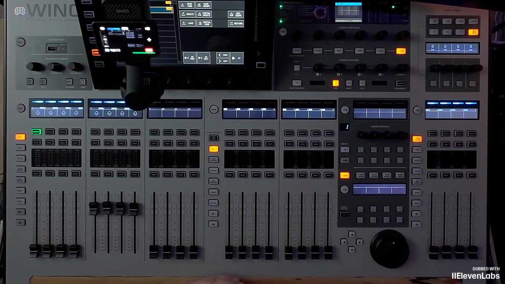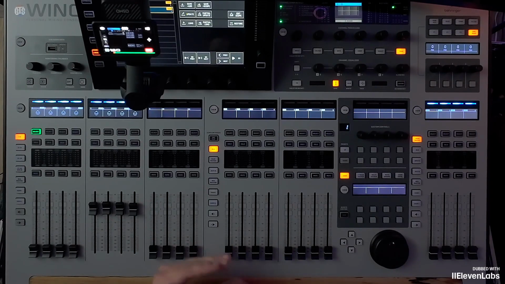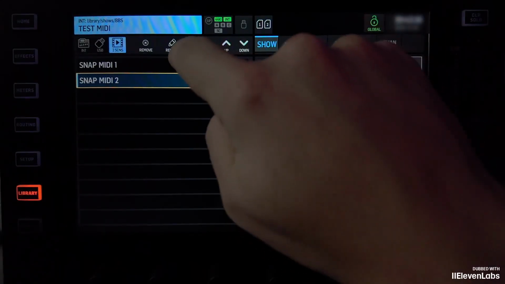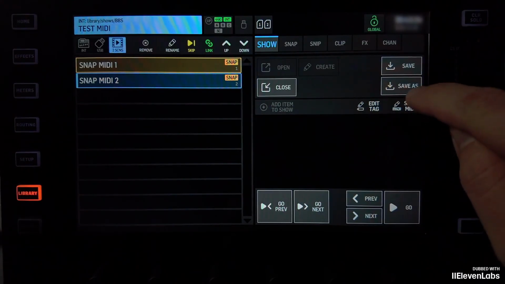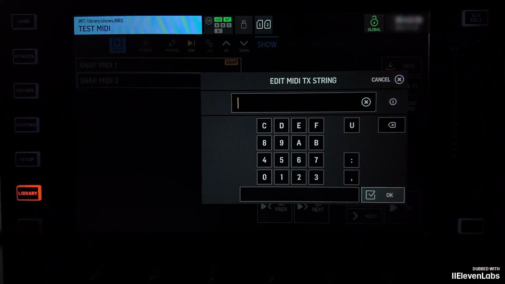But on the Super Rack, we still don't see any change at the moment. Why is that? Yes, because we haven't sent anything over yet. We're not sending a MIDI command to the Super Rack yet. How can I send a MIDI command with the snap file? To do this, I go to show, select the respective snap I want to use to send the signal, and then go here. Here is the symbol for those who can't find it, send MIDI. And now it says here, I can enter one here. Enter TX string.